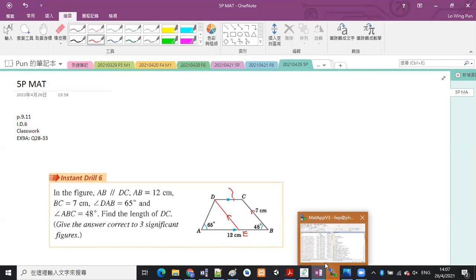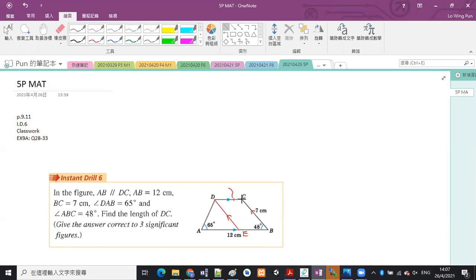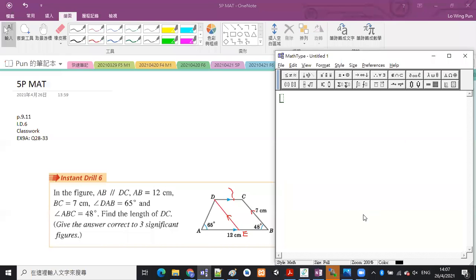Okay, so in this parallelogram, we know that DE